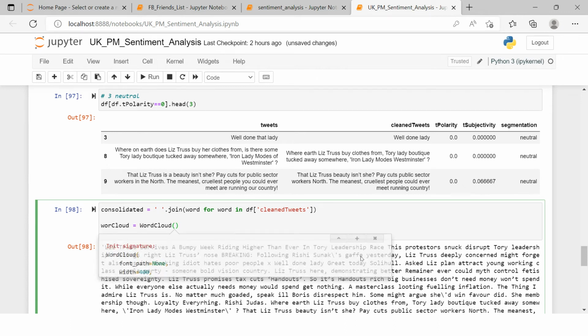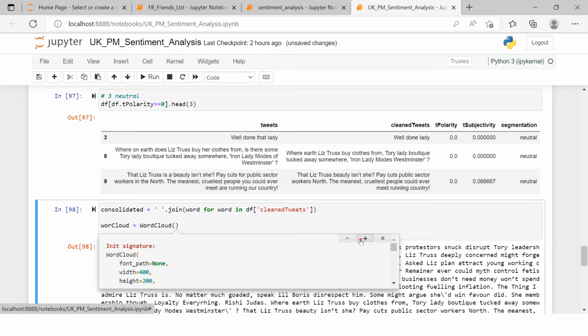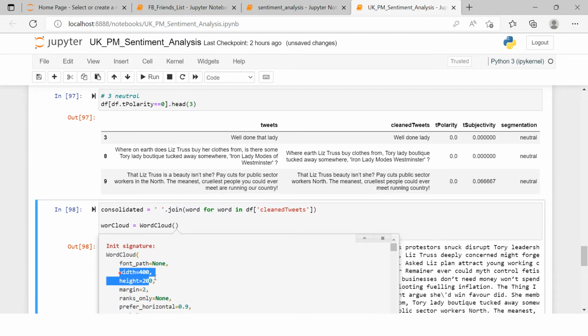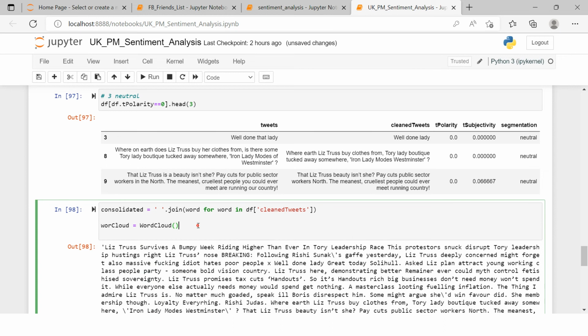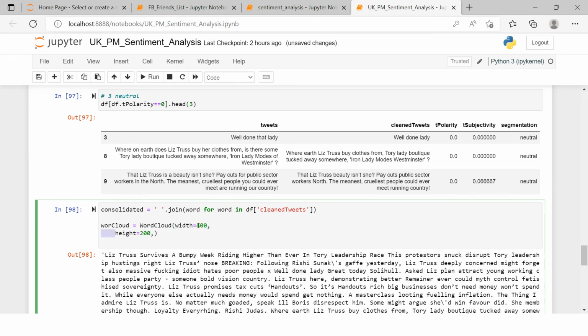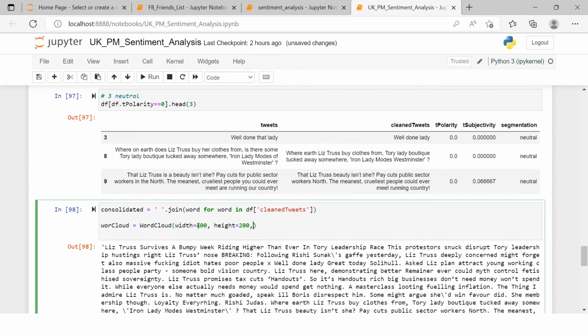Inside that, the parameters it takes are width and height, so I'll just take the parameters from here, and the next thing it takes is random state. So random state I will just keep for 20 tweets, 20 words rather, so whatever random 20 words it picks. And let's say maximum font size I want to keep, let's say 120.